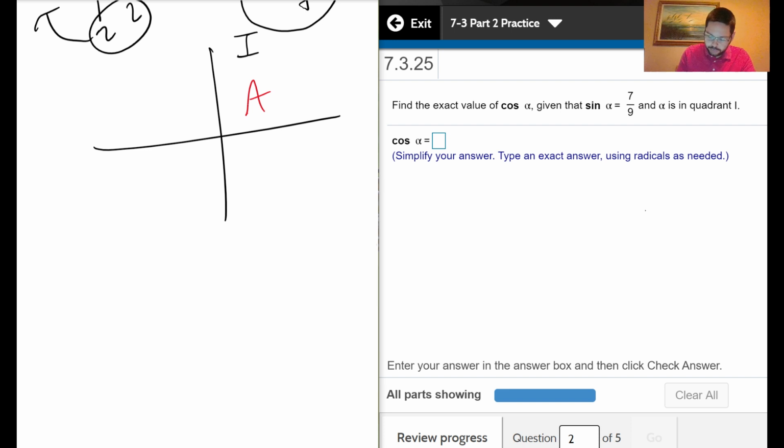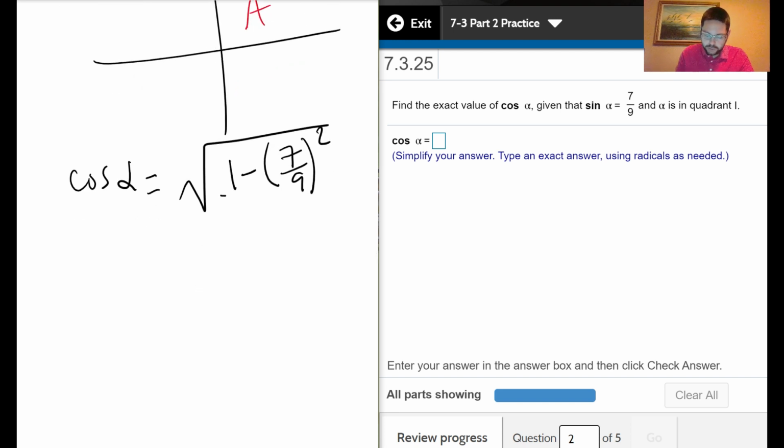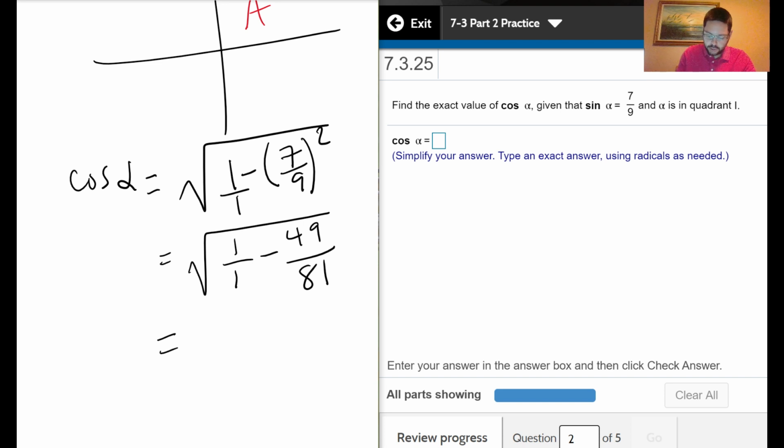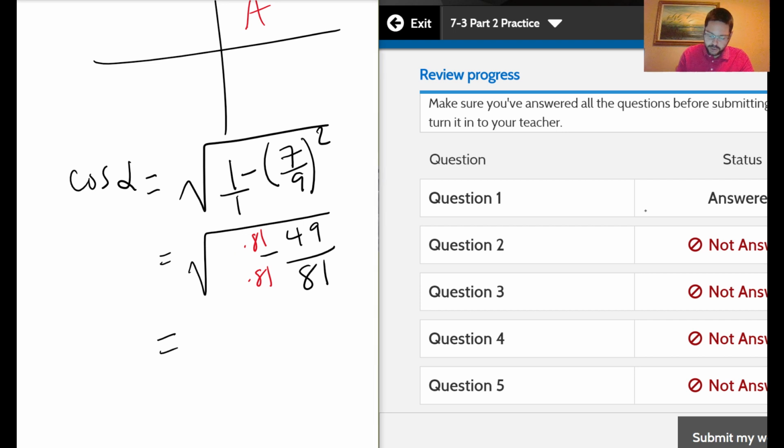So we can go ahead and write down the same formula since we're finding cosine. I'm going to go ahead and put 7/9 here for sine, okay? Sine is going to be 7/9. Just do that right away. This is 1/1, okay? So we have 1/1 minus 7 squared is 49, 9 squared is 81. Okay, let's go ahead and give this 1/1 an 81 because we need the denominators to be the same. Okay, so now this is going to be 81/81